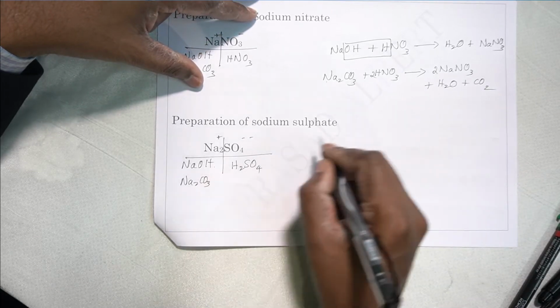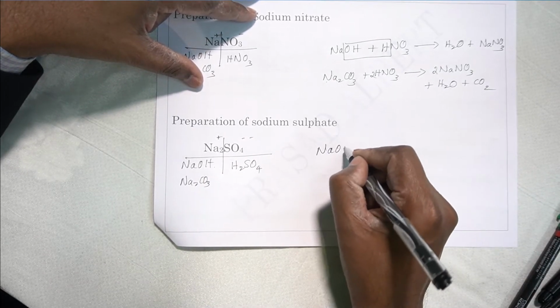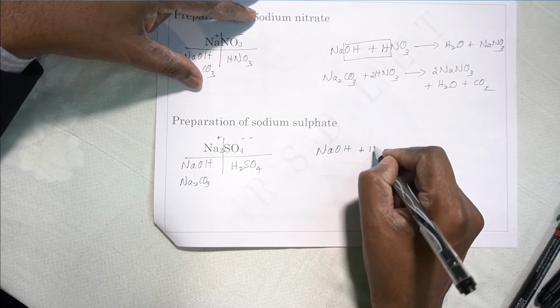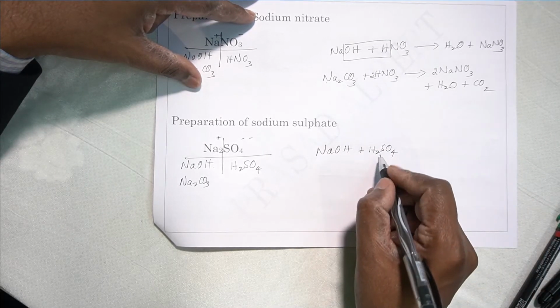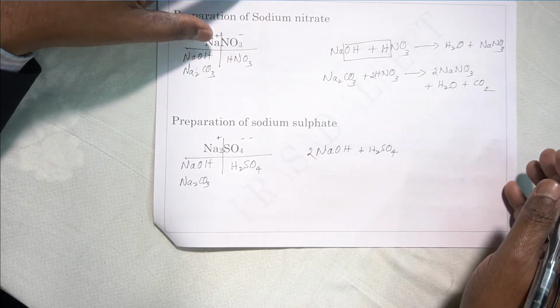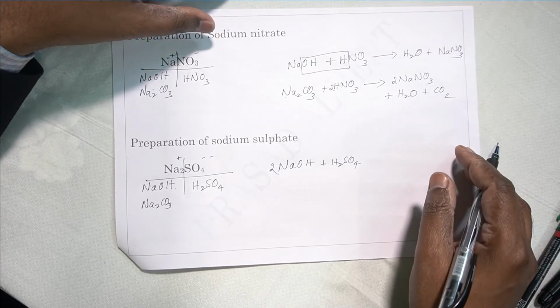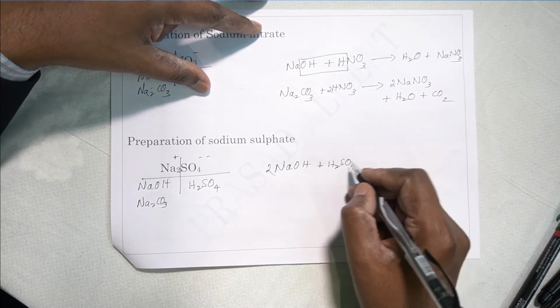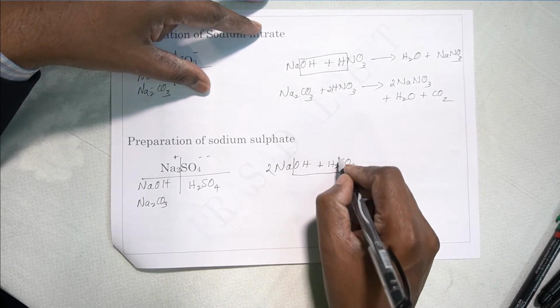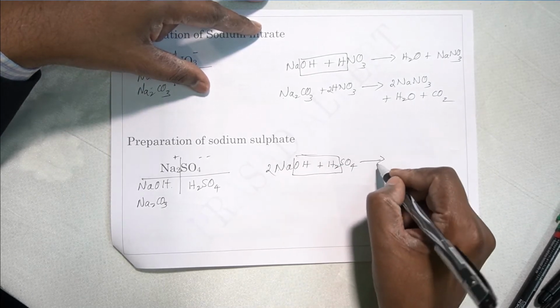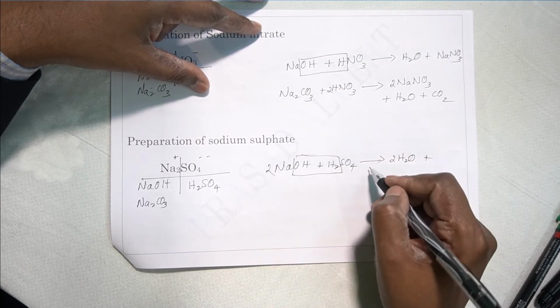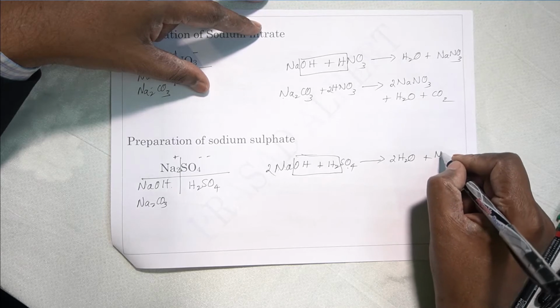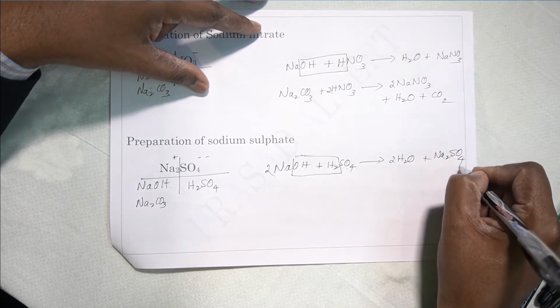So what are the reactions? The first reaction is NaOH, sodium hydroxide, plus H2SO4, sulfuric acid. Two hydrogens are here, so we need two NaOH. Otherwise, the neutralization will be incomplete. So we have two OH here and two hydrogens forming. What do you get? Two H2O molecules, two water. What is remaining is 2 sodium and SO4, that is Na2SO4, sodium sulfate, formed.